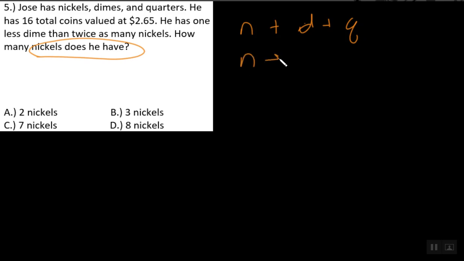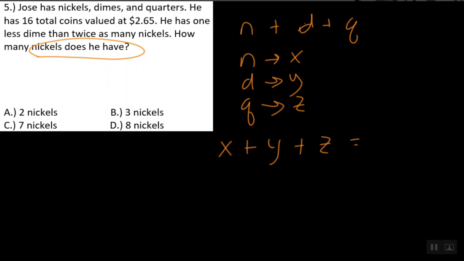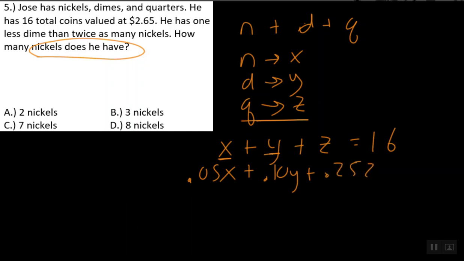All right, N is equal to X, D is equal to Y, and Q for quarters is equal to Z. So we'll transform this by saying X plus Y plus Z is equal to our total number of coins, which is 16. Now, how much is a nickel worth? Well, of course, that's 0.05x plus how much is a dime worth, that's 0.10y, and how much is a quarter worth, that's 0.25z, is equal to our total value,